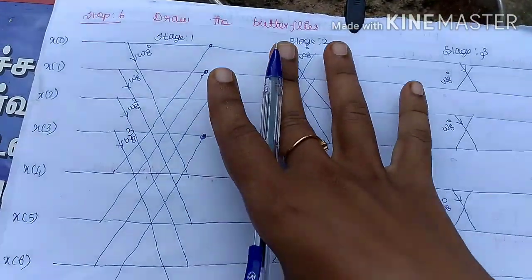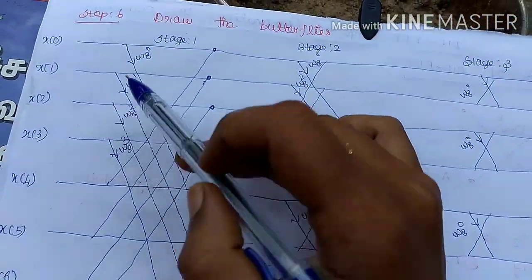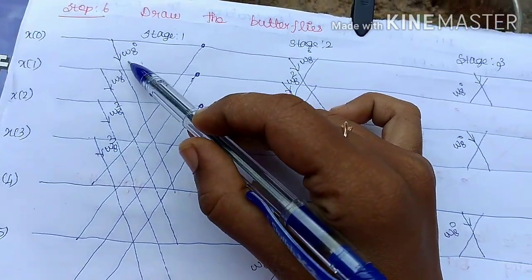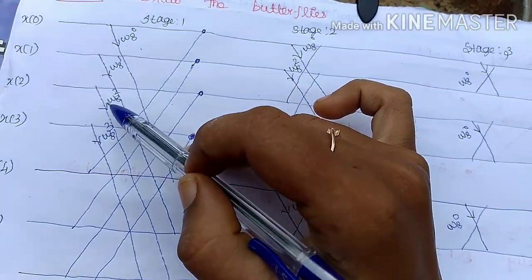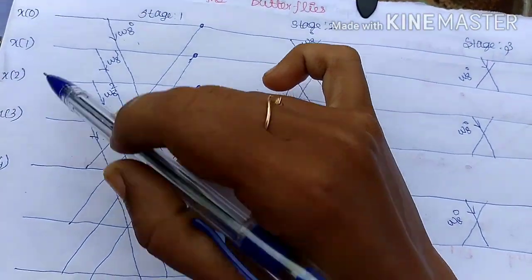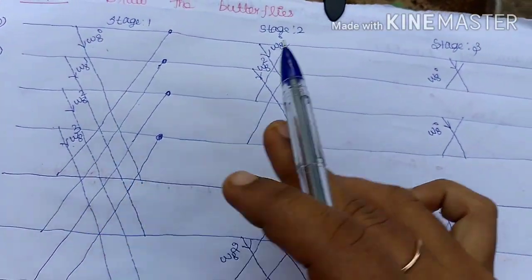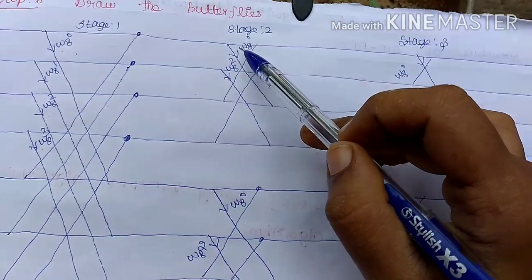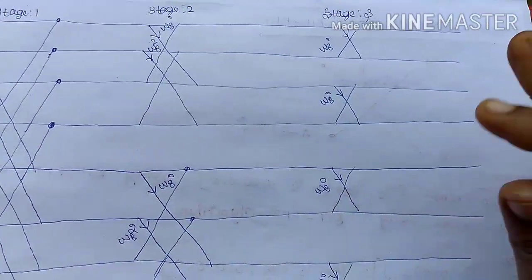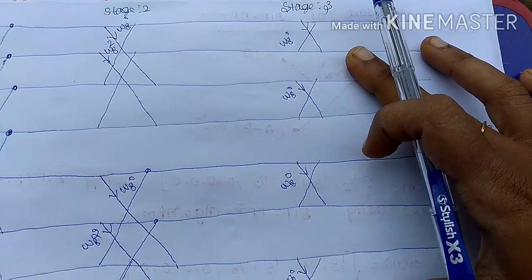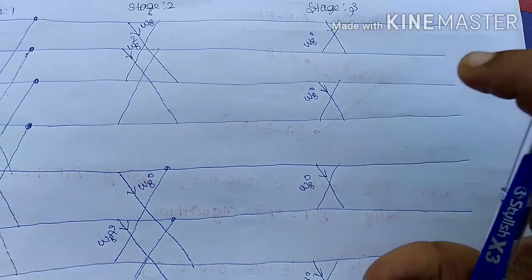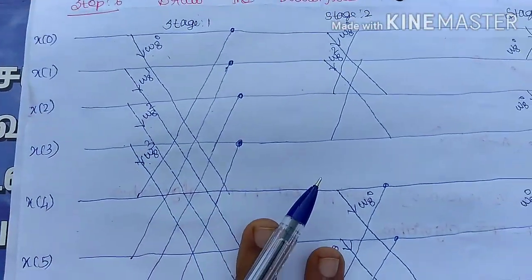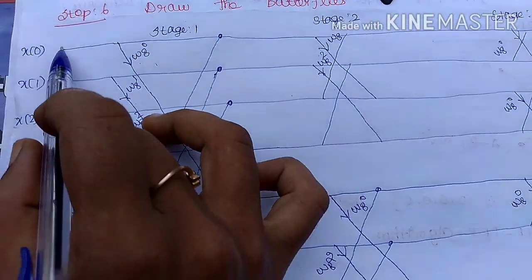Okay, so stage number 1, listen, we have to put 4 external inputs, right? So W8 power 0, W8 power 1, W8 power 2 and W8 power 3. These 4 external inputs we have to use. And in stage number 2 we use 2 external inputs, W8 power 0 and W8 power 2. Then for stage number 3 we use W8 power 0 as the input for all these calculations. Okay, then for the right side we write the outputs. So already we know the inputs, right?